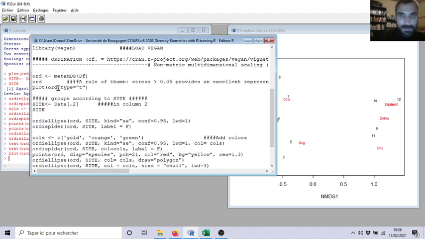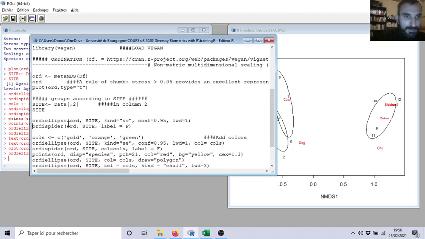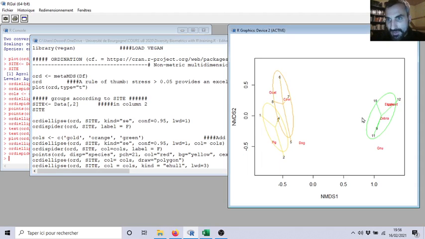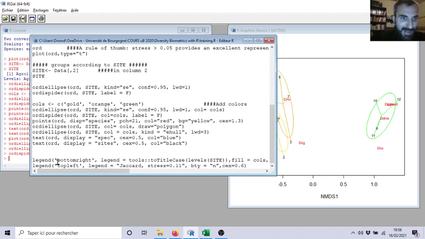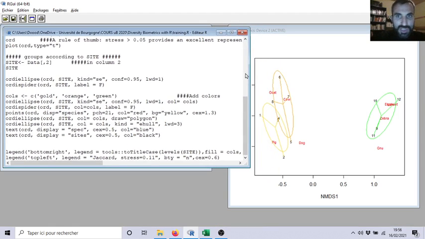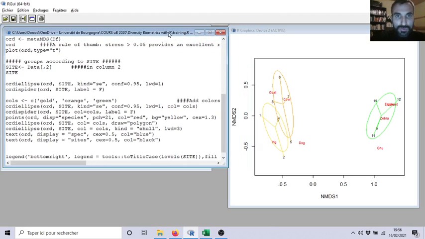But to be nice, what I honestly do is just this. I add the ellipse around. No, in color it's better. Ellipse in color, or the spider, and then you can see the barycenter. Okay, and I add a legend. Always put the legend of the stress. Okay, to show your public